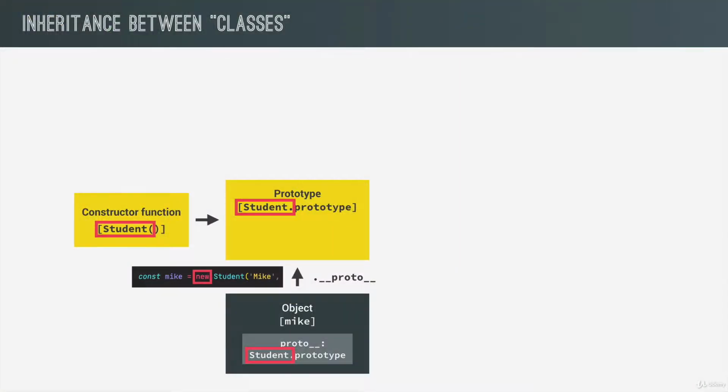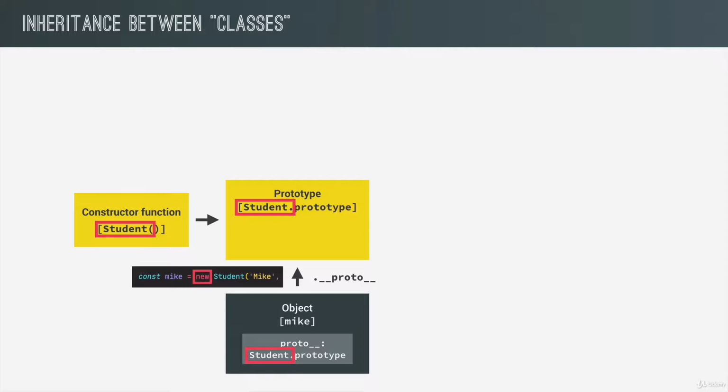Okay, so far, this is what we have built. So it's simply the student constructor function and its prototype property, and then the Mike object linked to its prototype. And that prototype is, of course, the constructor function's prototype property. Now this link between instance and prototype has been made automatically by creating the Mike object with the new operator. So all of this is what we had already learned. So this is nothing new at this point, right?